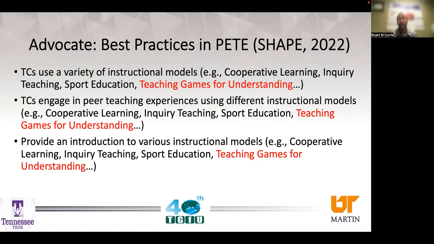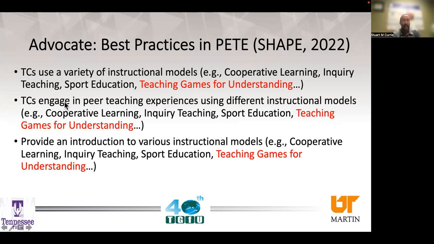Important to note here, this was a document that's only just been published by SHAPE America, which is our national organization. And it's really advocating for using the teaching games for understanding approach, or now as we know it, the game-based approach within physical education teacher education programs. So teaching candidates use a variety of instructional models, one being TGfU or game-based approach.